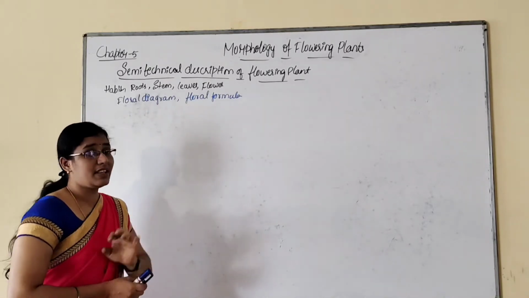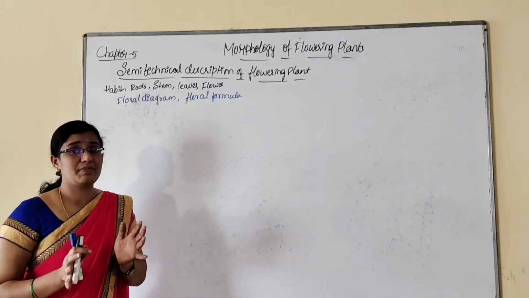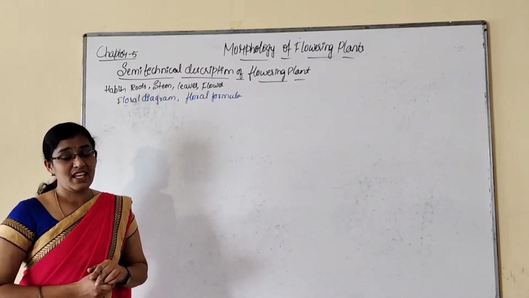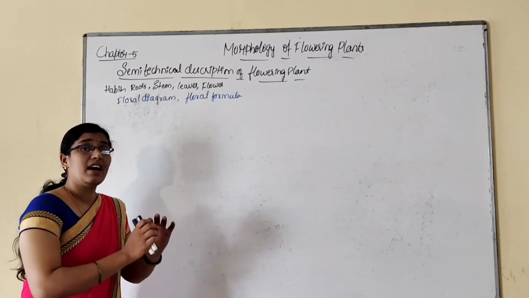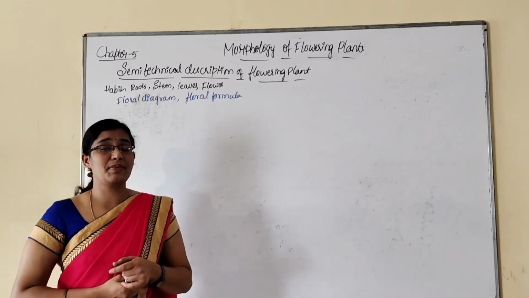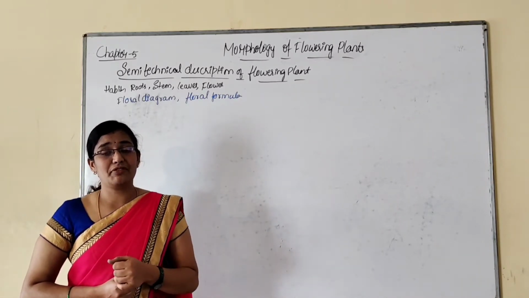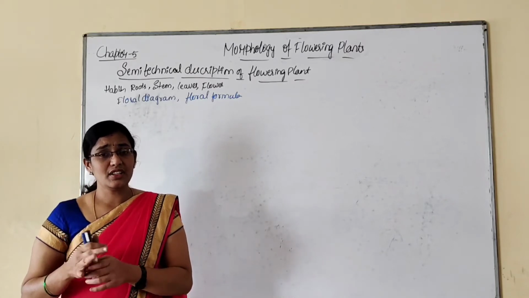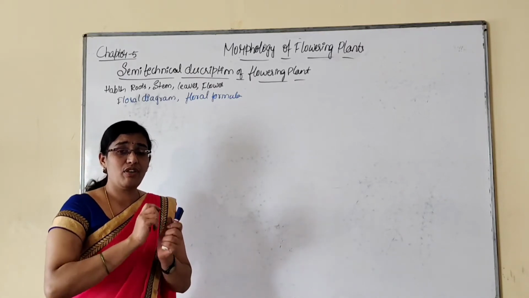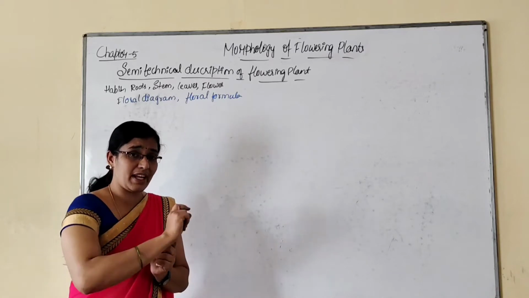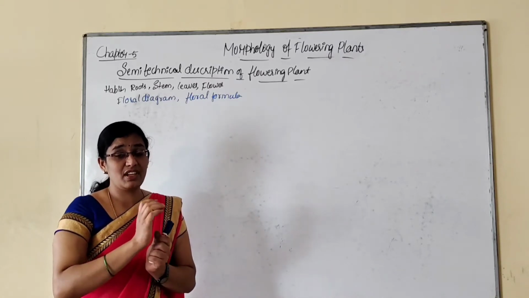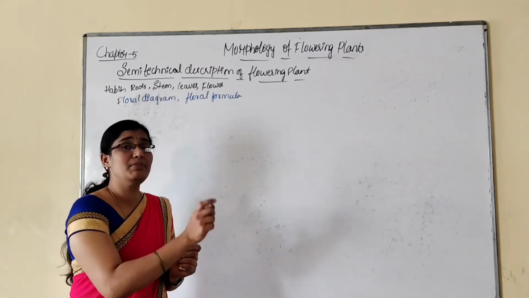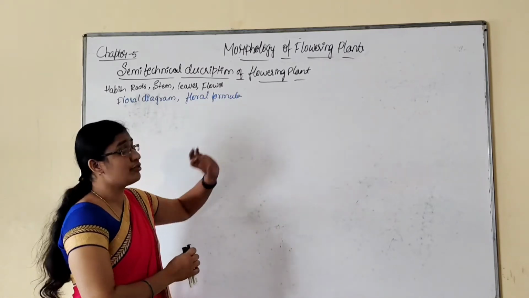And floral formula means presence or absence. What different structures are present. If they are present, they are termed by other names. Say for example, if the bracts are present, that flower is called bracteate flower. If it is absent, ebracteate. But it becomes very difficult to describe that flowering plant. So if we go on describing those flowering plants by these terms and terminologies, we need pages together. Instead of that, we will be giving some symbols. So that is called floral formula.